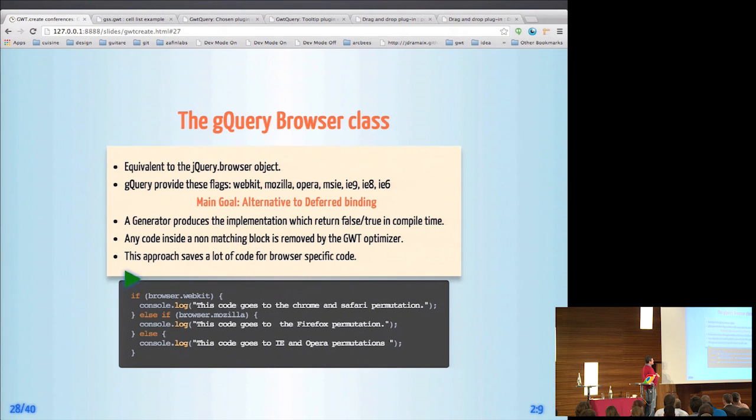So when a flag or a method in GWT.create returns true or false, at compile time the compiler is able to remove everything in a block if it computes that the condition is false, right? So what happens with this code is that in any place in your code where you have something like browser.webkit, this code is only in the WebKit permutation at the end. So it's a way to remove code for certain